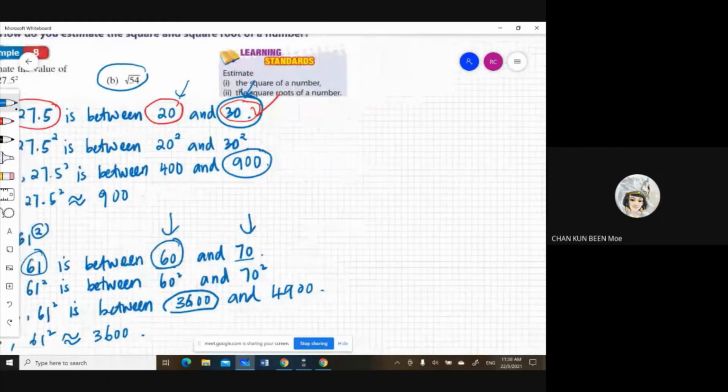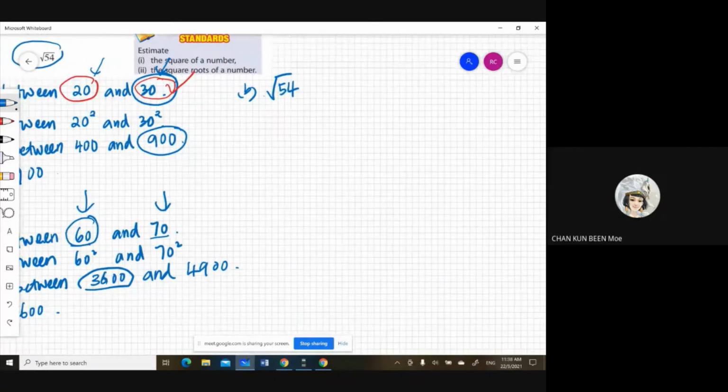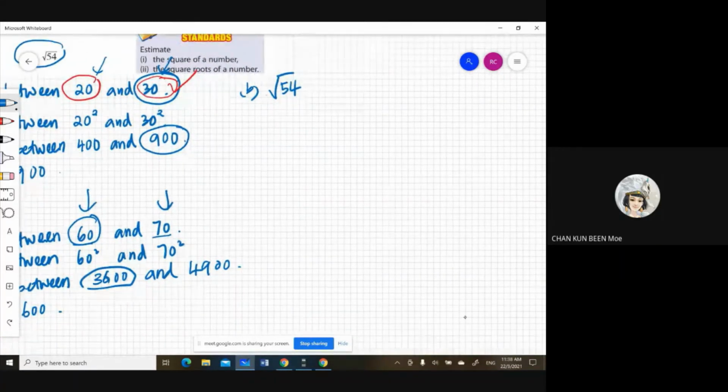Okay, now we move to square root of 54. For square root of 54, you need to find out 54 is in between which perfect squares. So I'm going to write down 54 is between,